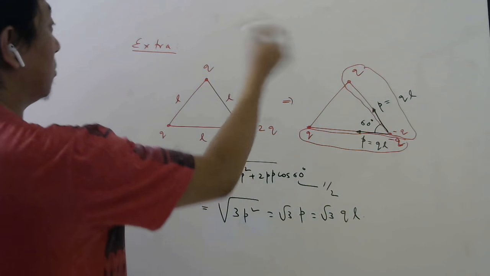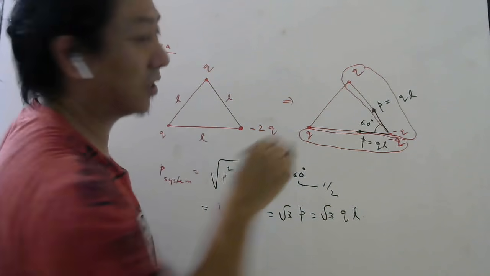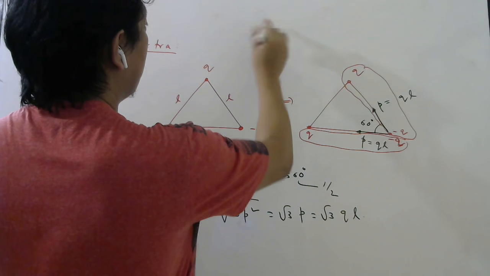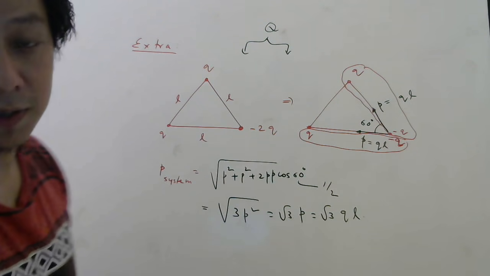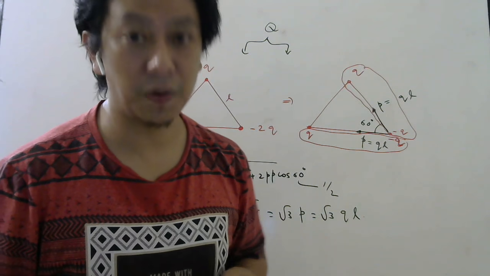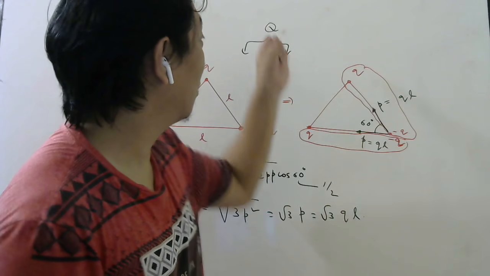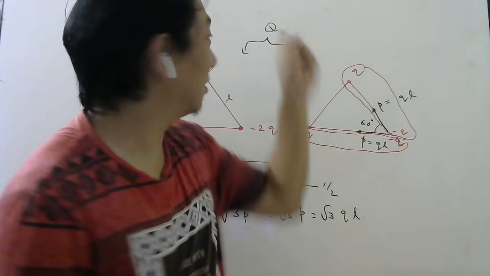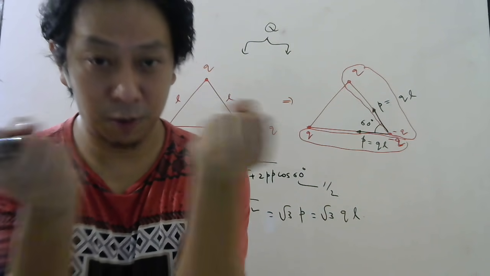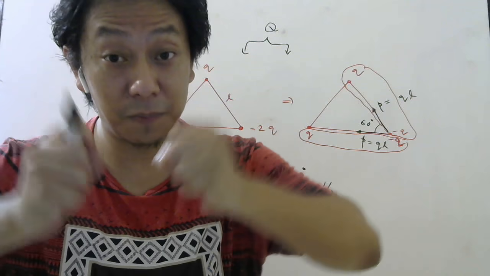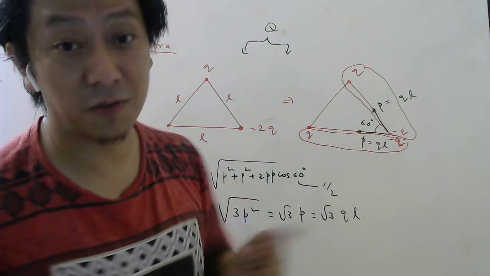Another thing I wanted to discuss with you for a long time, I keep forgetting, is a question from one of the tests. A charge capital Q is to be divided into two parts, so that the force between the two parts at a certain distance, what kind of force, repulsive or attractive? If you divide this charge into two parts, if this is positive, the two parts will also be positive. So there will be repulsion, and if they want that repulsion to be maximum, what should be the value of these two charges was the question.